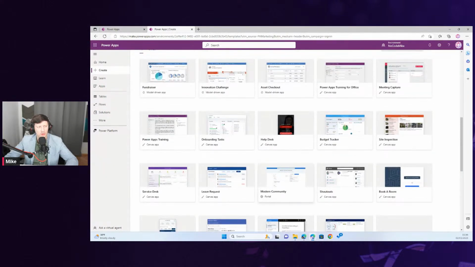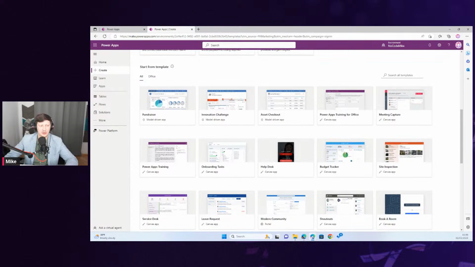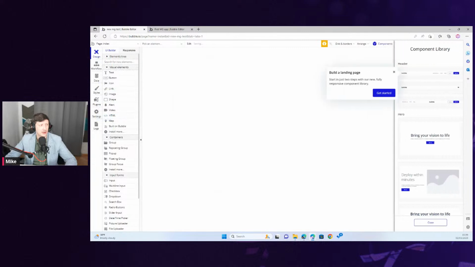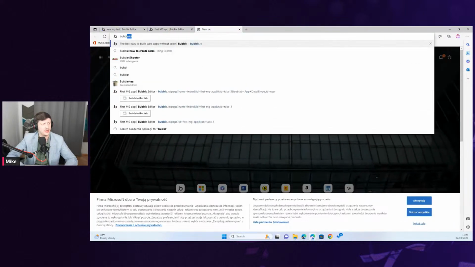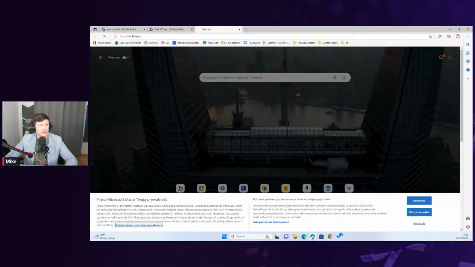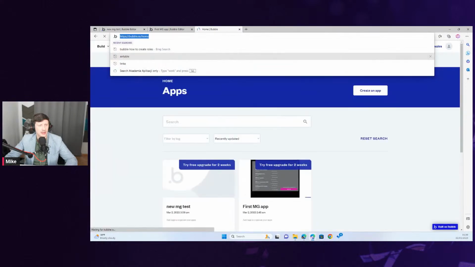So probably you won't be able to use it whenever you would like to use a free license. Also, there is a model-driven app, but still you can check this out. And in Bubble, I'll quickly create the application just to show you what kind of templates it has.